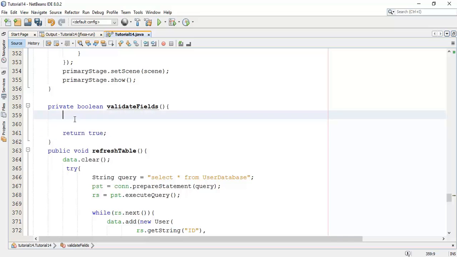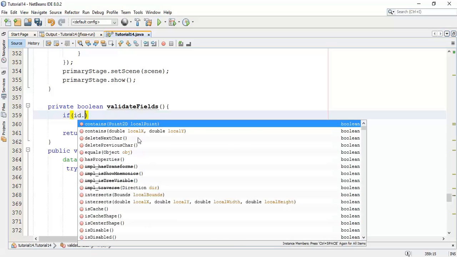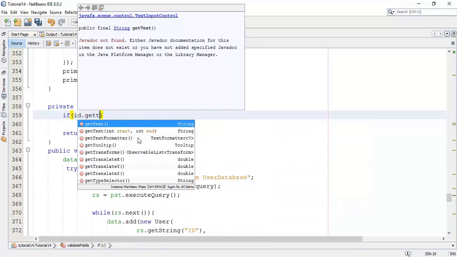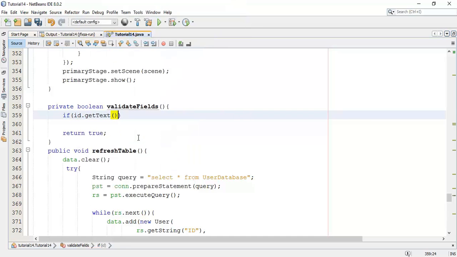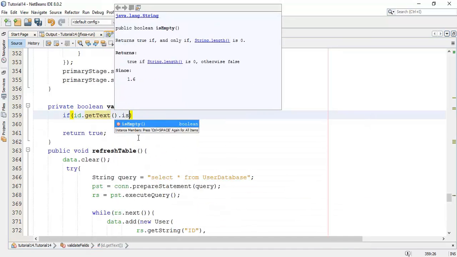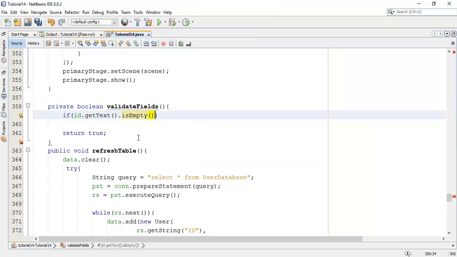In the next step, I'm going to add one if statement. So if id dot get text, I'm going to get the text from the text field id, and I'm going to check whether it is empty. If it is empty, we are going to give the warning for the field.